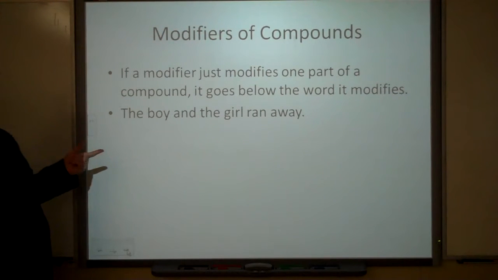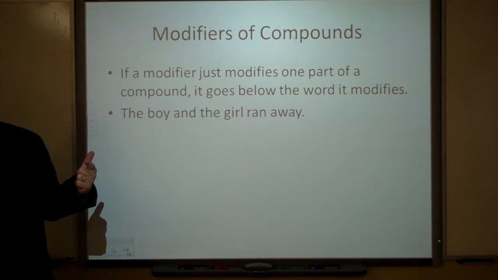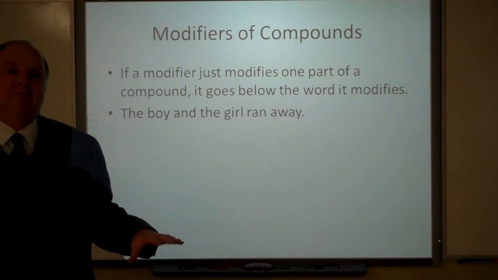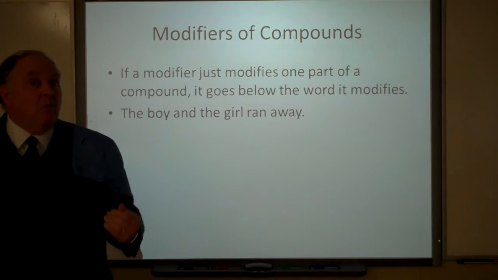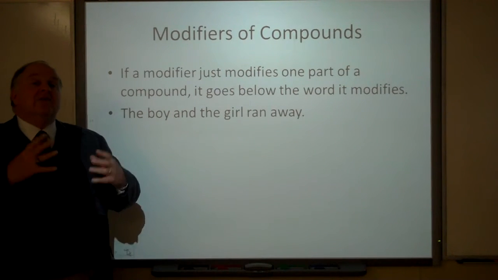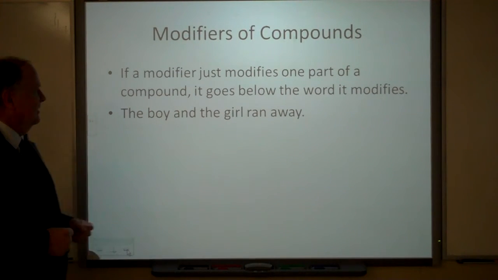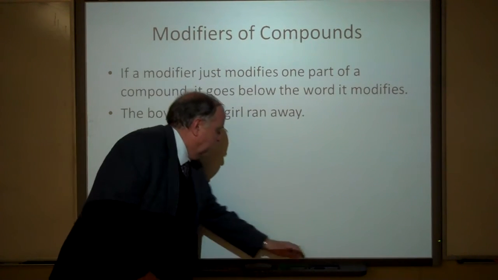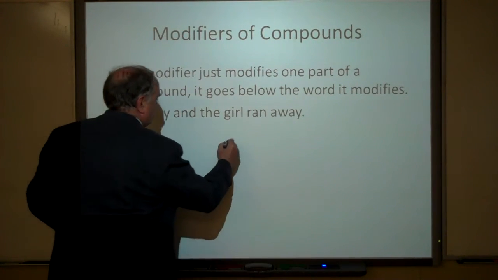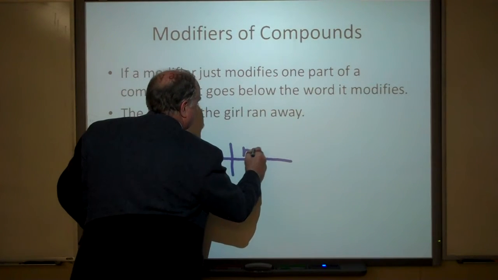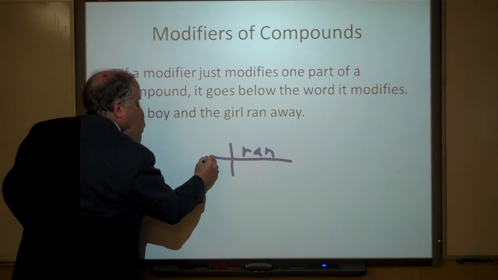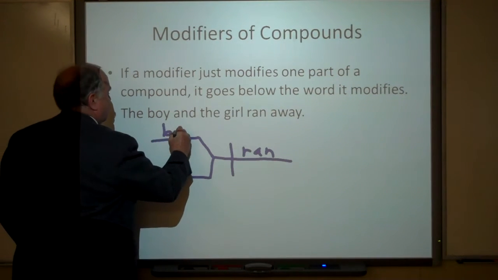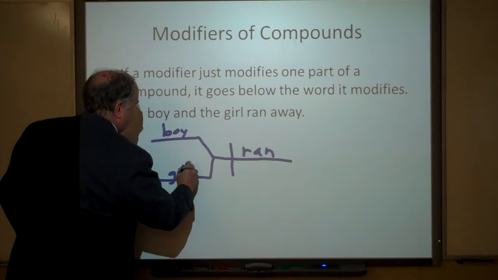Okay, now the tricky thing with compounds really has more to do with the modifiers, because in English sometimes the modifiers modify just one word in the compound. Sometimes they modify every word in the compound. So here we see the boy and the girl ran away. Okay, very simple sentence. The verb is ran. Subject is compound, boy, girl,